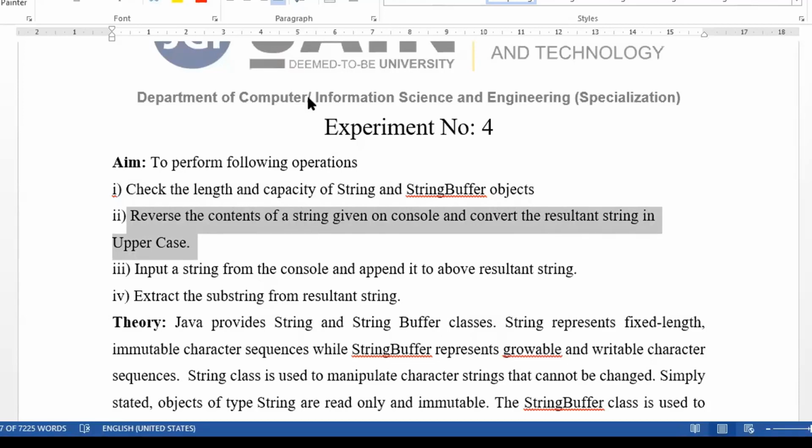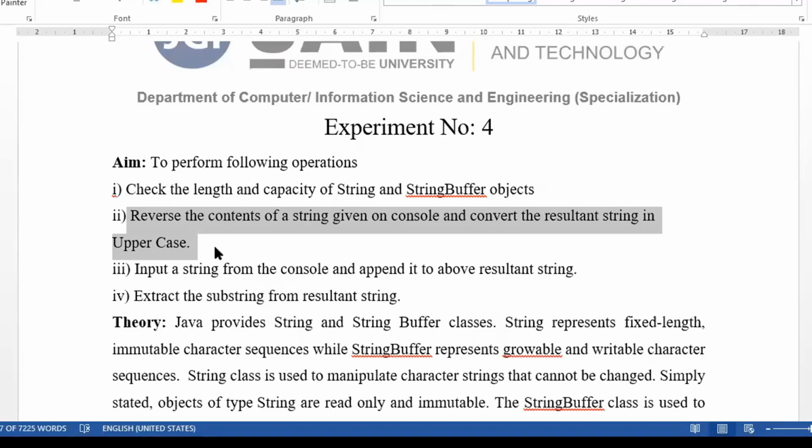So first we will write a program for reversing the input. We will read an input, and once we call our method, that method should reverse the string. After reversing the string, we will convert it to uppercase.